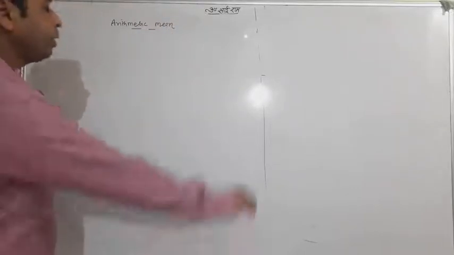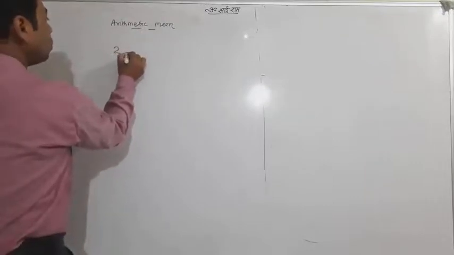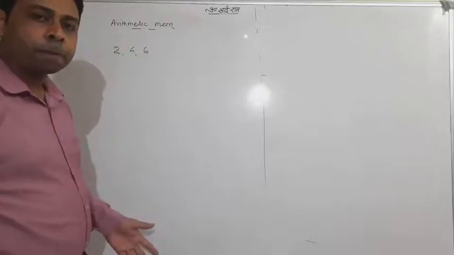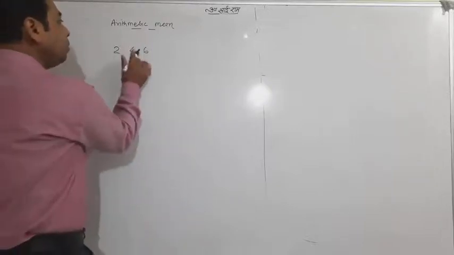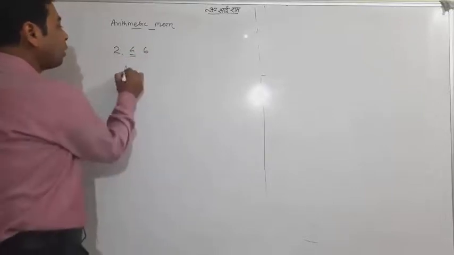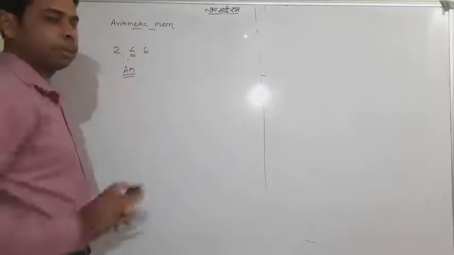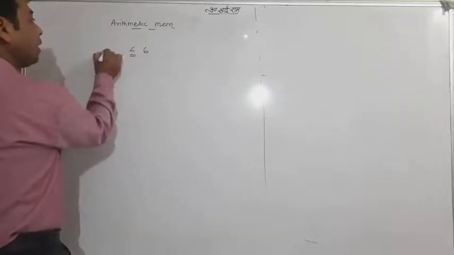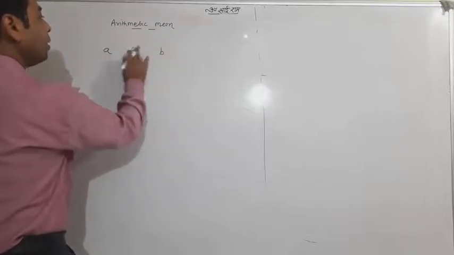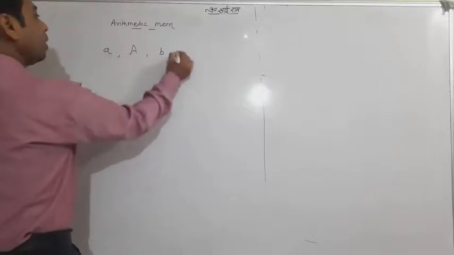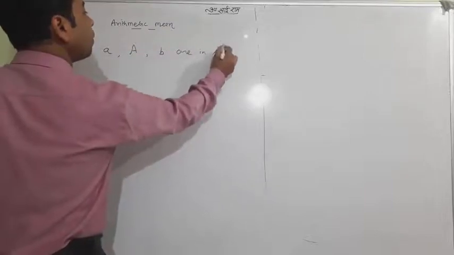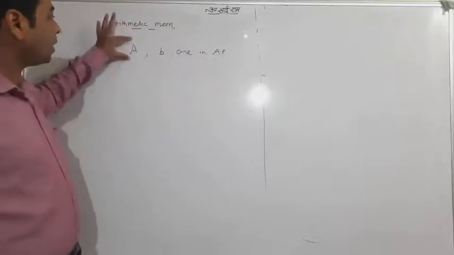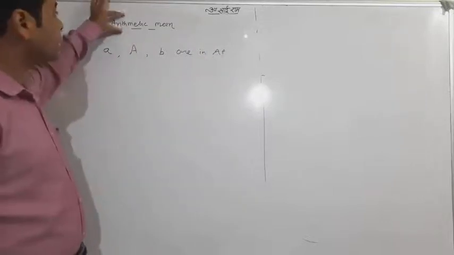It is nothing hard. I tell you one thing. When you see 2, 4 and 6, one can simply understand that 2, 4, 6 is an AP. So the middle term is called the arithmetic mean of 2 and 6. So in place of 2, if I say a, in place of 6 I write b, and suppose the middle term is capital A, and suppose I say a, A and b are in AP. Now one can understand that capital A is none else but the arithmetic mean.